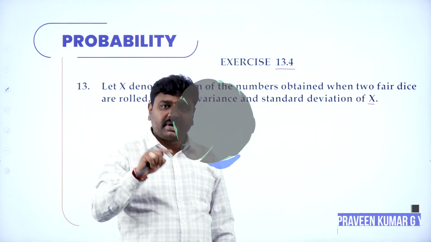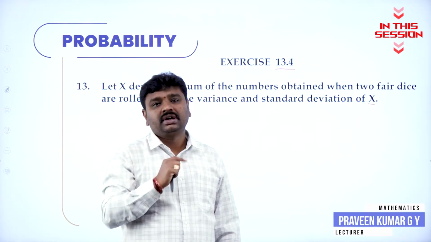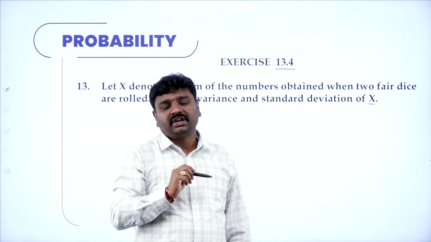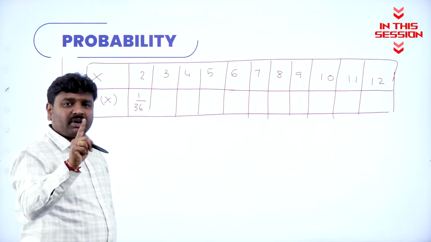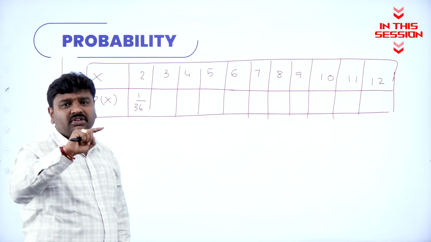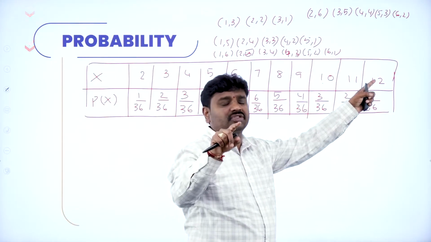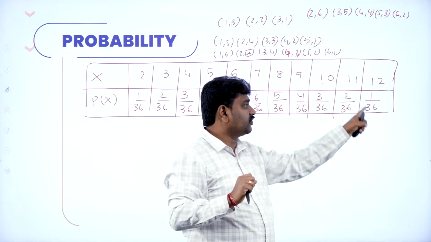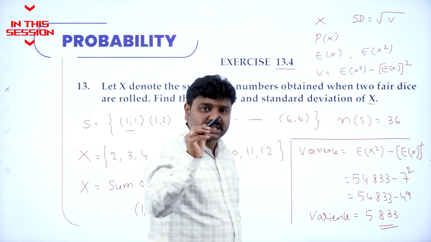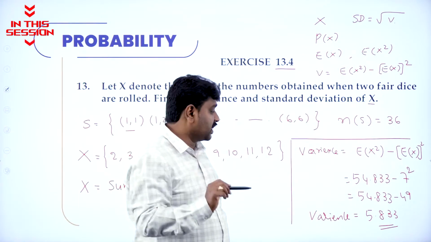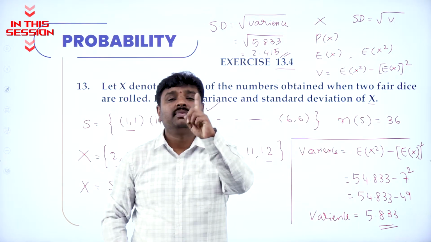E of x square minus E of x the whole square gives you what is called variance. Probability is favorable by total. If you want sum 2, the only possibility is 1 plus 1. Sum 12 means only 6, 6, only 1 out of 36, like this. PUC students can use calculators. Please do use calculators, don't make any silly mistakes. For variance, first you should calculate the probability distribution.